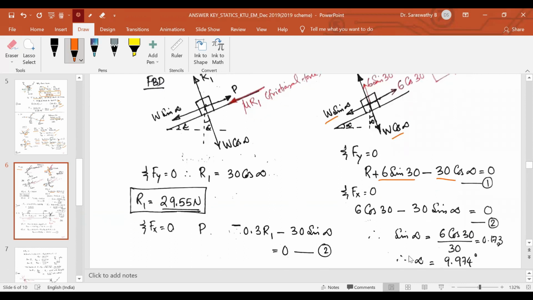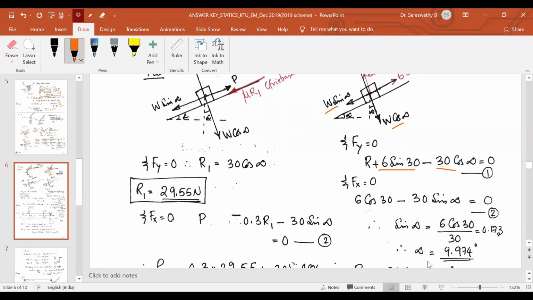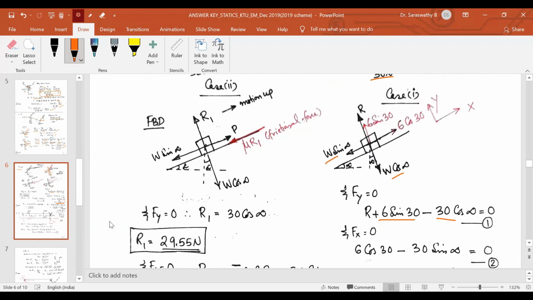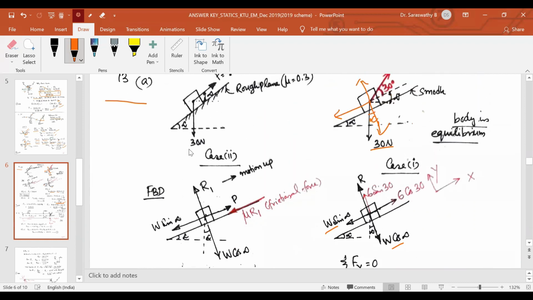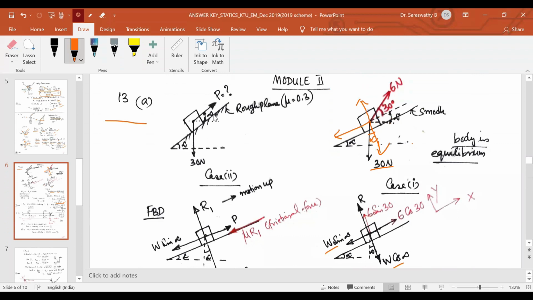From this, I'll get sin alpha is equal to 6 cos 30 by 30, so that I can get the inclination of the plane. Considering the first case where the body is in equilibrium in a smooth plane, since the surface is smooth, there will not be any friction. We get the inclination of the plane as 9.974. Keep it there. Now coming to the question, when the same body is kept on a rough plane, now the plane is rough,